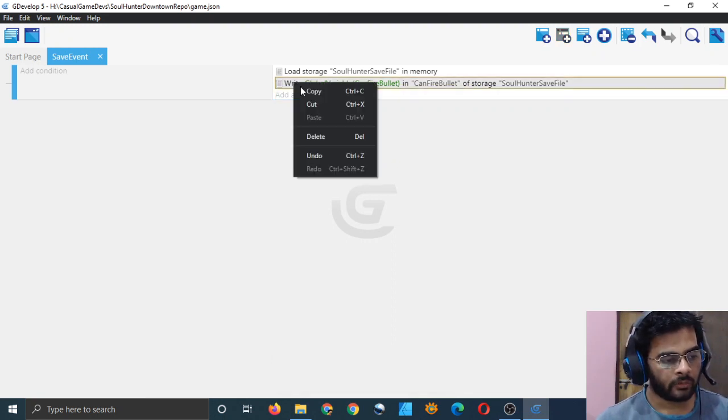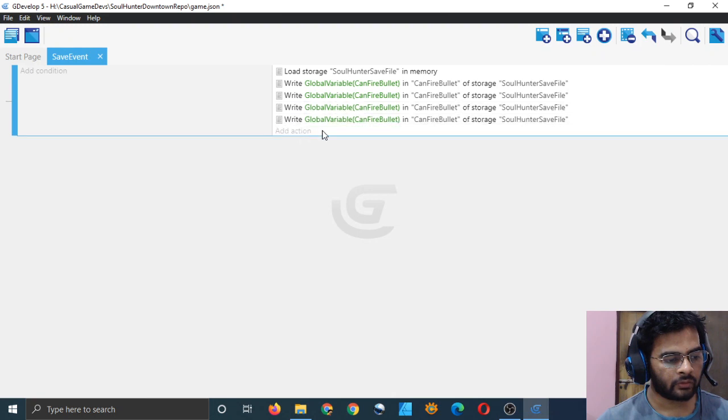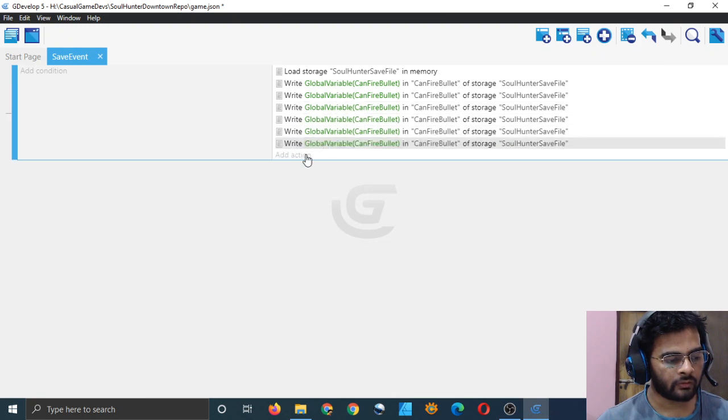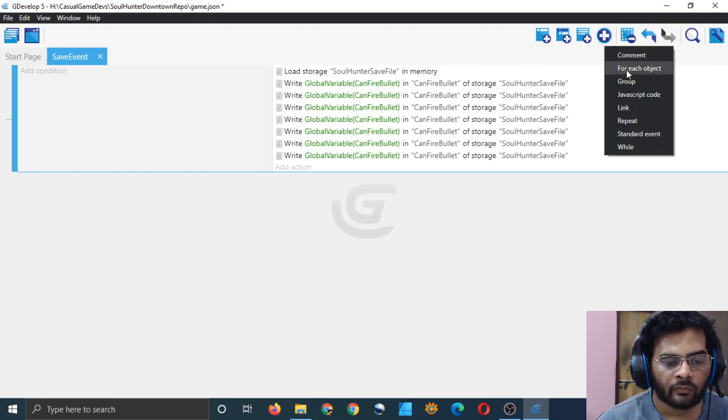Cool. Copy this and paste and keep pasting for a long time because we need to save a lot of things. Can we not iterate? Yeah, we can. For each object we can do some action. I wonder if we can use that to do something.